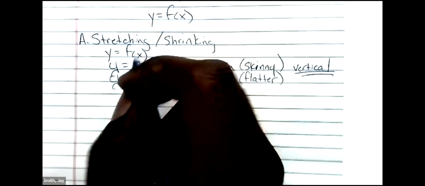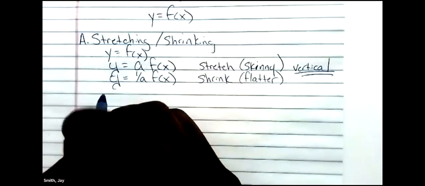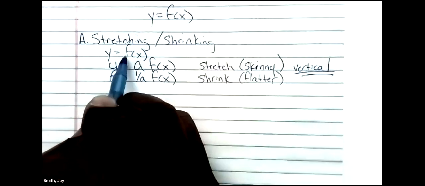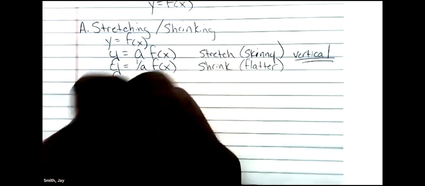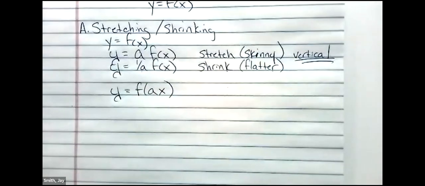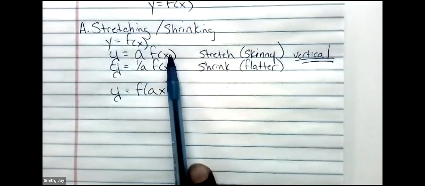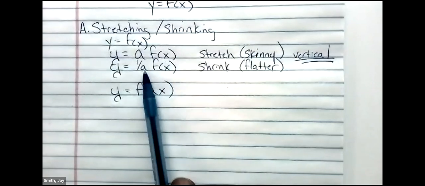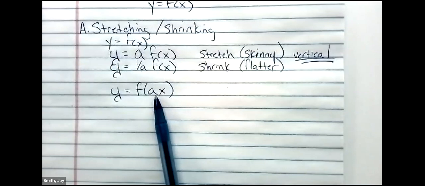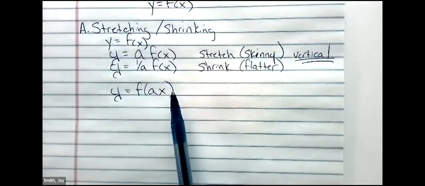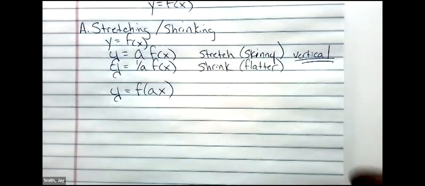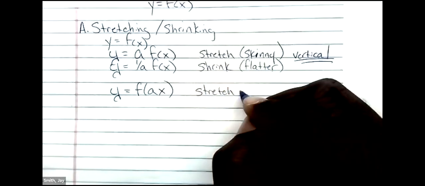Now, technically, and you shouldn't expect too many of these, but we also could do it horizontally. So still starting with that parent graph, y equals f of x. If we were given y is equal to f of ax, this time we're not multiplying the entire parent graph by a number or a fraction, but we're actually multiplying the x in that graph by a number or a fraction. If we're multiplying by a whole number like a, this is going to stretch the graph, or it's going to look longer,